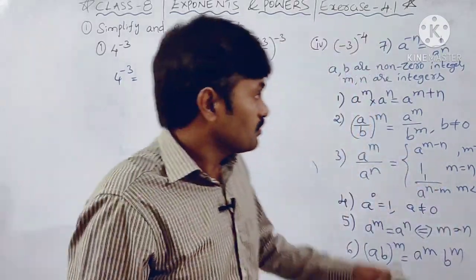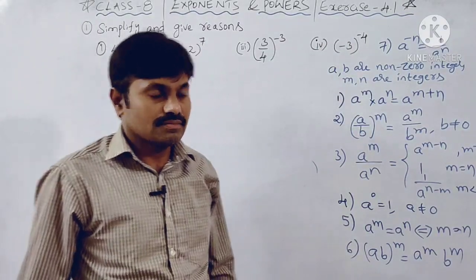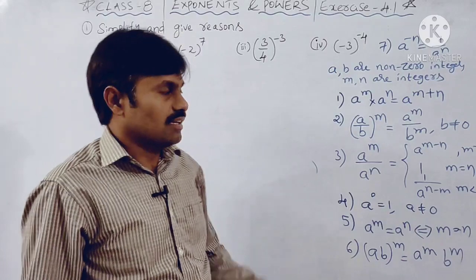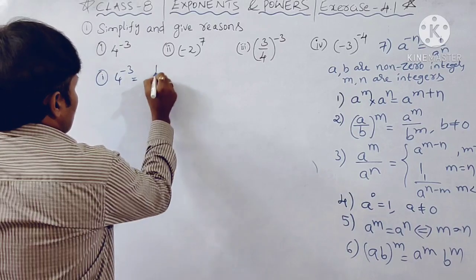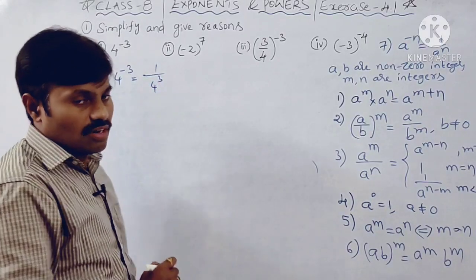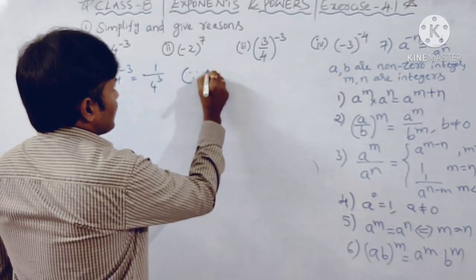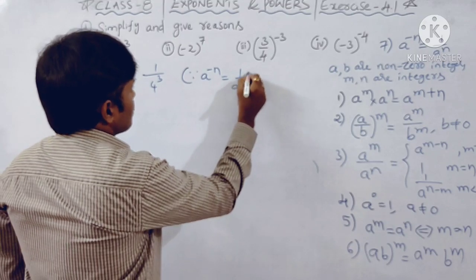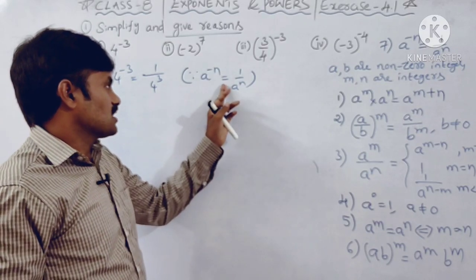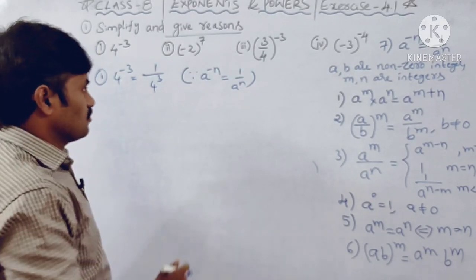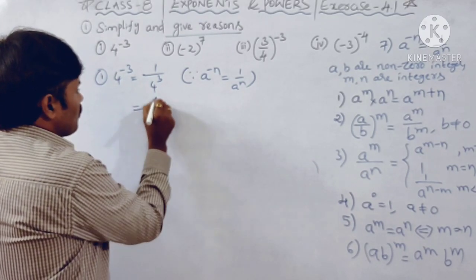Clear? So now 4 to the power of minus 3, in which form? Among these 7 formulae, or these 7 laws, this is in the form a to the power of minus n. So the first one can be written as 1 by 4 to the power of 3. Which formula we have applied here, we have to write; that is called the reason. They ask us to simplify and give reasons also. So a to the power of minus n is equal to 1 by a power n. Okay, clear. So 1 by 4 cube means